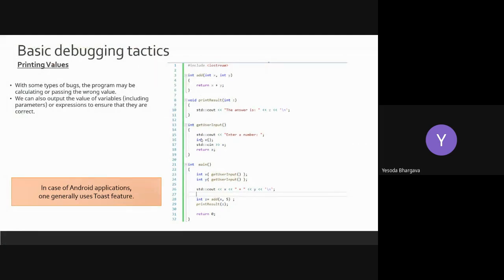When you're working on Android applications, when you're really testing your apps, there's something called the toast feature in Android, which you can use to understand how the flow of the program is working. It's almost similar to printing. If you don't want to see the printing comments at compile time in Android, you can see it in the toast. So in case of an Android application, for printing specific messages in your app, you can use toast.